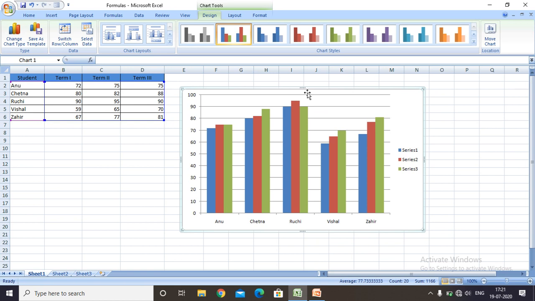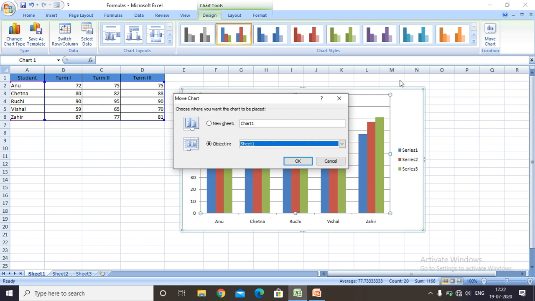Now I would like to move a chart to a new worksheet. How can I do it? First, select the chart and click on the Move Chart option present in the Location group on the Design tab. As soon as I click on this, you can see that the Move Chart dialog box appears. Now choose where you want the chart to be displayed.